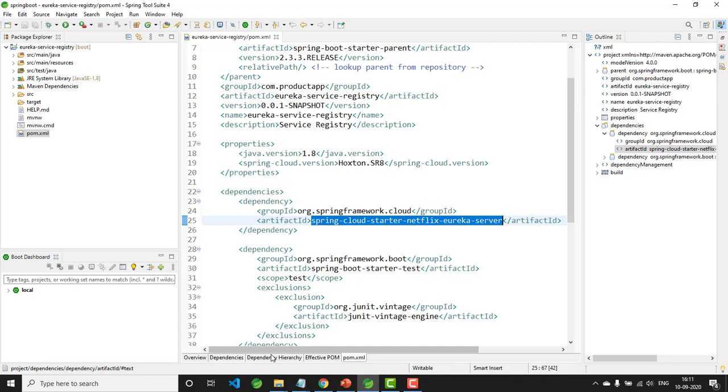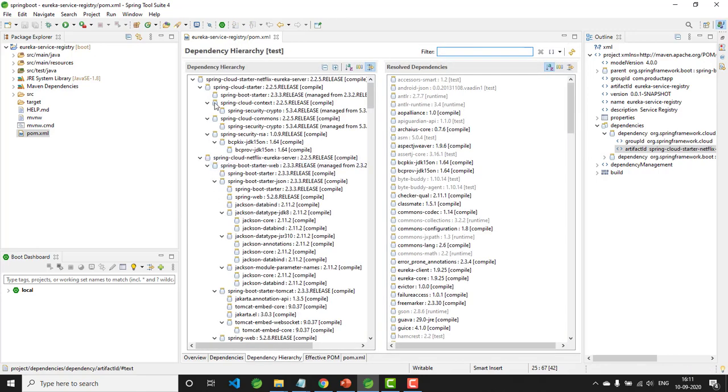Let us check that also. In the dependency hierarchy, we have added just Spring Cloud Starter Netflix Eureka server. Here you can see Spring Boot Starter Web is added, inside which I am having Jackson jars, Spring Boot Starter Tomcat, that is embedded Tomcat. So we don't have the botheration of adding Spring Boot Starter Web explicitly.